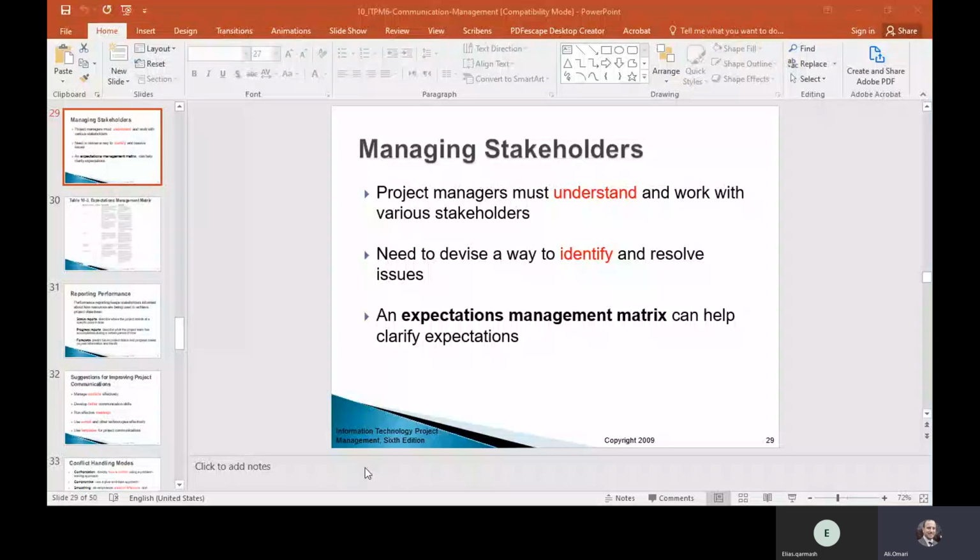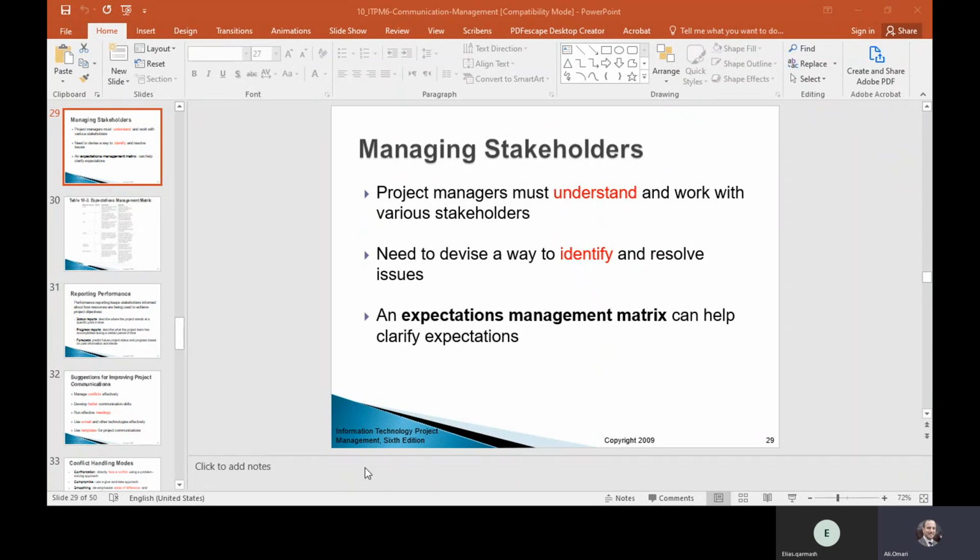As we mentioned, identifying a stakeholder is one of the very first tasks when you want to decide your communication, because you should know who you want to talk to, who should know who is participating in the project, and you need to advise ways to identify and resolve the issues.